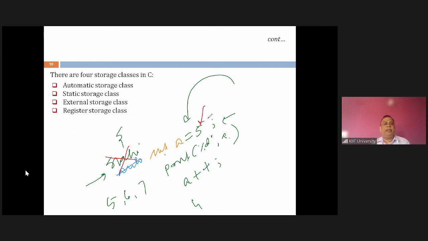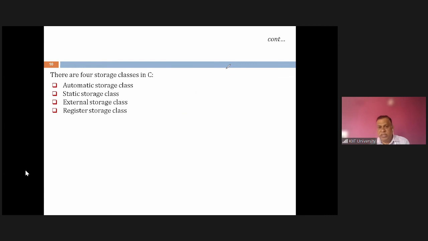So a static variable retains its value for the next computations, and the initialization and the declaration statement only happen once, the first time when we enter. Further, this initialization will not happen. So it will retain its previous value. That happens in the case of a static variable. I'll show you the example.